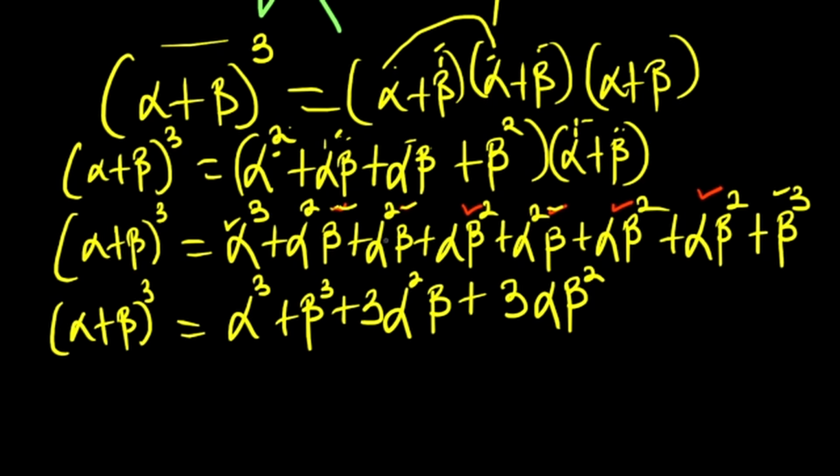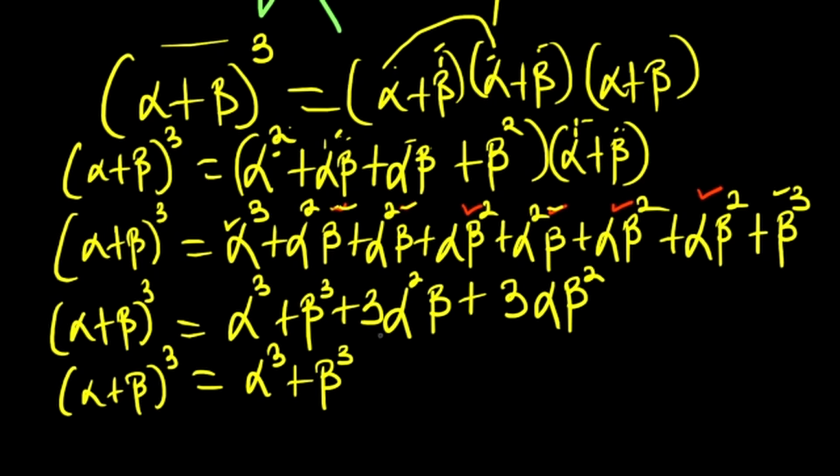Do we have any other term? No, we only have alpha squared beta and alpha beta squared. Now, we are not done yet. Remember, we have found this thing that we're looking for, but we're not done yet. We have to continue simplifying. If you look at this part right here, let me copy this down. On the left, we have alpha plus beta to the power of 3 is equal to alpha cubed plus beta